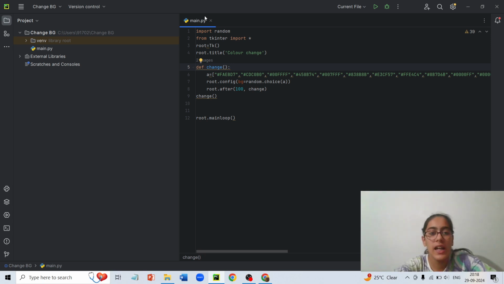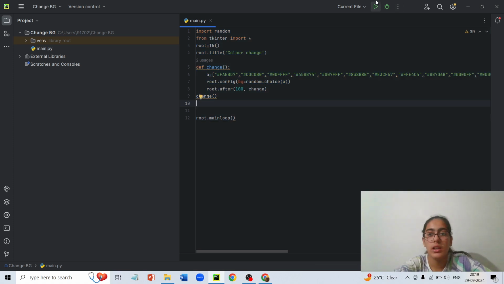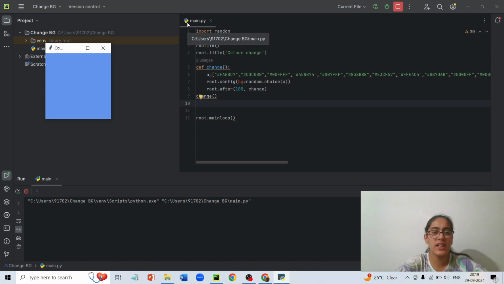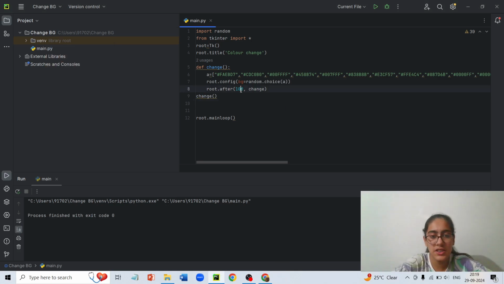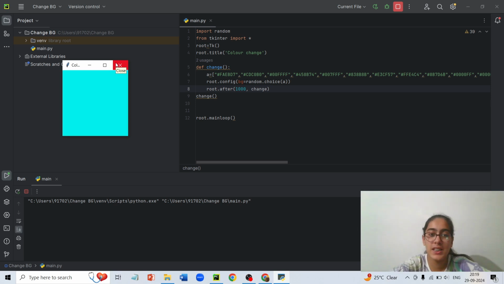So here I have this import random program of Tkinter in PyCharm Community Edition. I'll run it and show you once. This goes like a disco light, and suddenly I feel this is going too fast, so I'll just increase one more zero over here. I'll explain it to you, but now as you can see, it's going slower. Today I will show you how to make this program on your own, line by line.